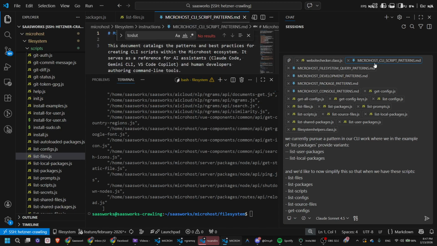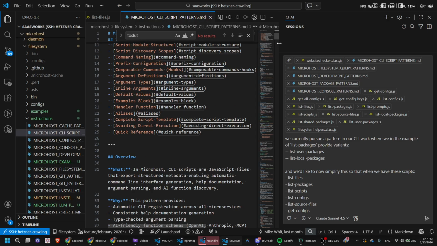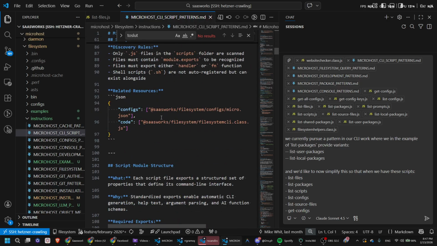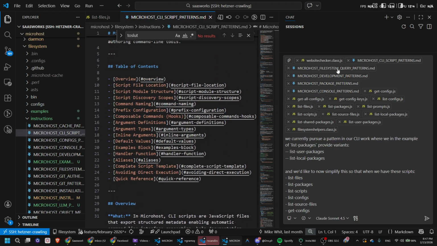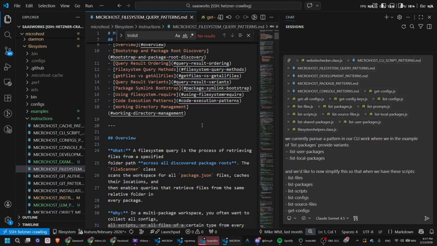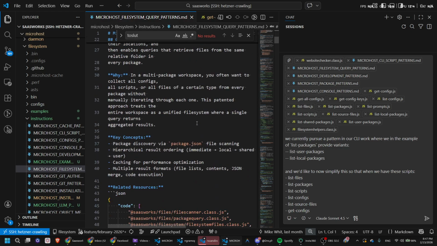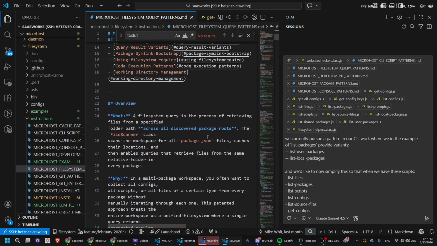instruction files. For instance, this is an instruction file that just talks about how to make a new executable script. This is an instruction file that talks about the significance of being in that current working directory and getting all the packages in this tree in the file system and so forth. So I've included all of the relevant instruction files. I've included all of the relevant